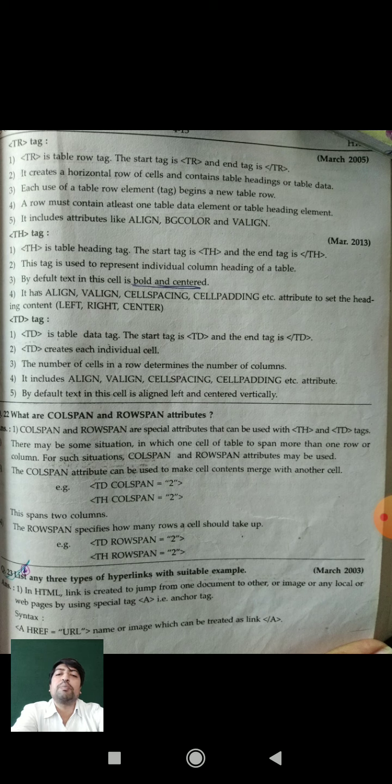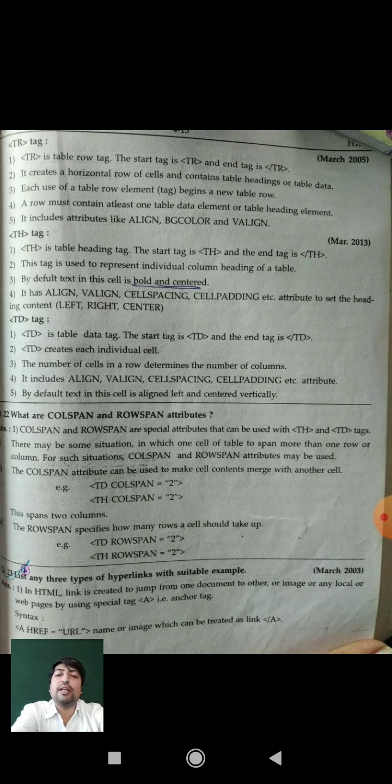See the colspan and rowspan attributes. We have already discussed that, but we will read from the book and explain whatever is written inside the textbook. Colspan and rowspan are special attributes that can be used with the TH and TD tags.